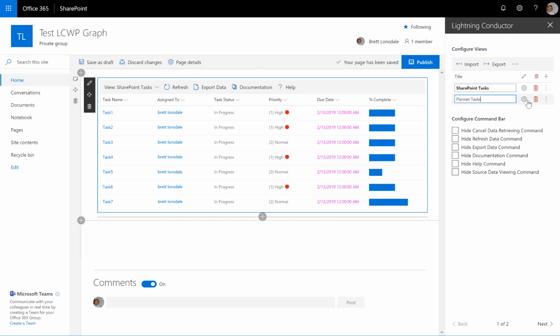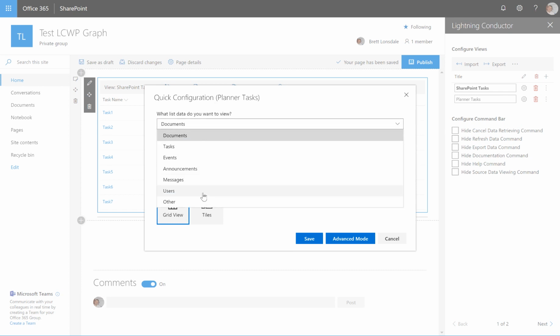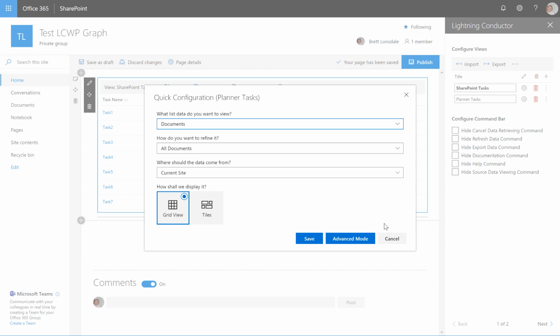So we've given that one the name, and we can click onto this cog icon in order to bring up the quick configuration again. Now notice the quick configuration, as we've already pointed out, has a number of different built-in views, and some of these already actually use graphs. So we've got things like the users and messages, but what I'm going to do is jump into the advanced